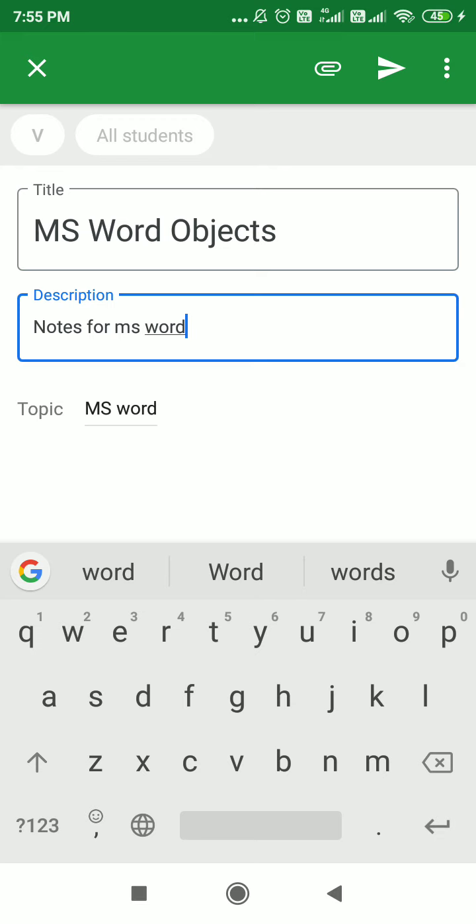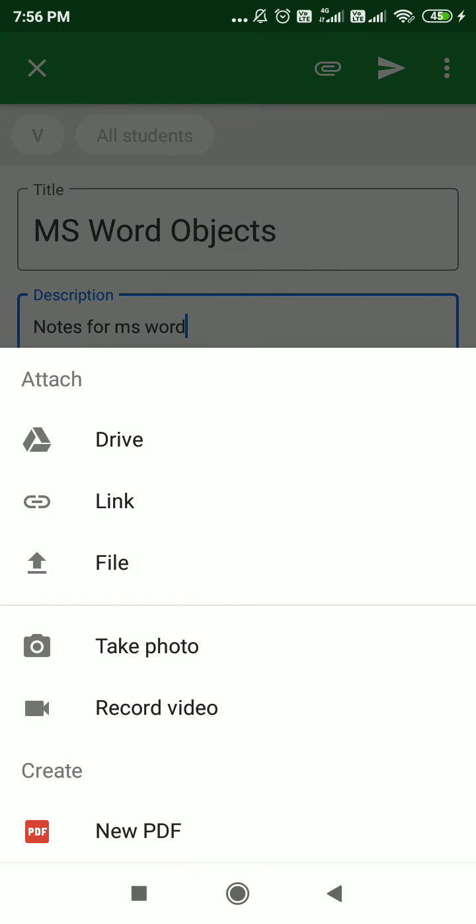It is available on top corner. Now when you finish, then you just select this attachment button. It is a little bit similar to WhatsApp. When we are sending documents through WhatsApp, it is similar, but the interface is different and the layout is different. That is the difference only. So now tap on this attach button and you will get so many options.